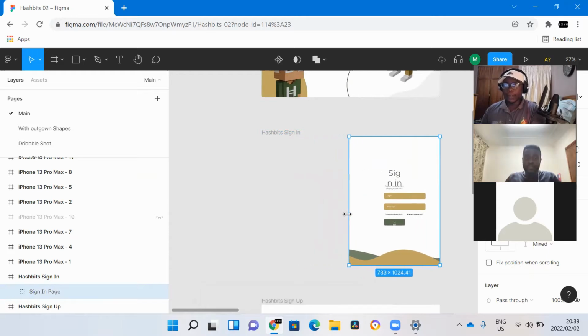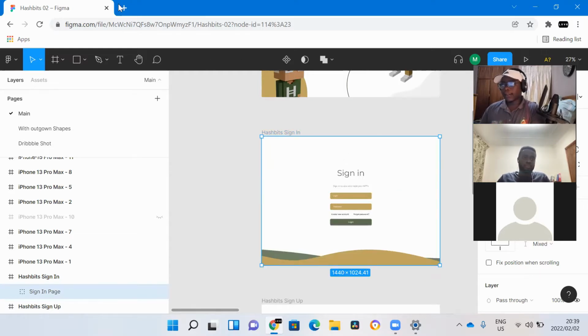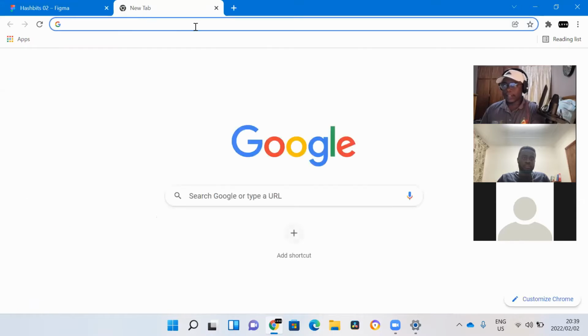What I have to figure out, while I'm learning Figma, is that you see we've resized that, but I have to learn how to let the text respond as well automatically, and resize itself. Right now it just recenters itself. But as you can see with the Google web page,